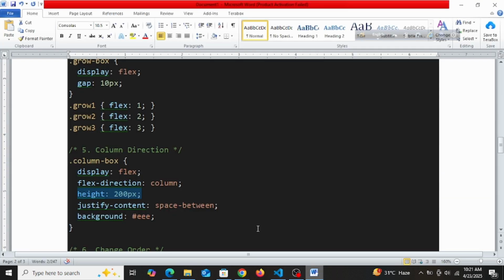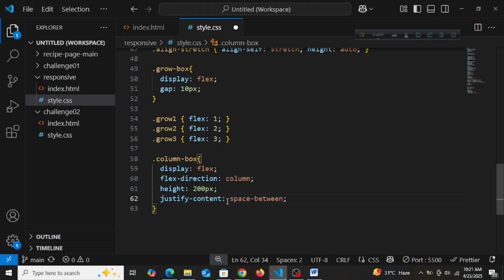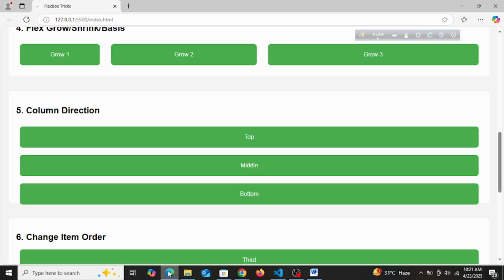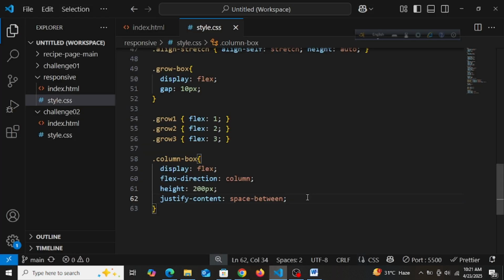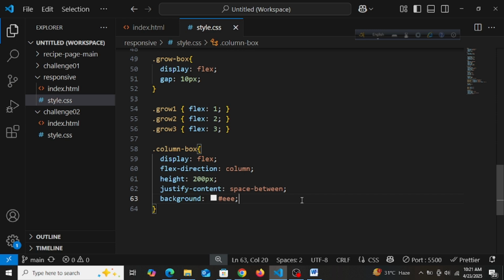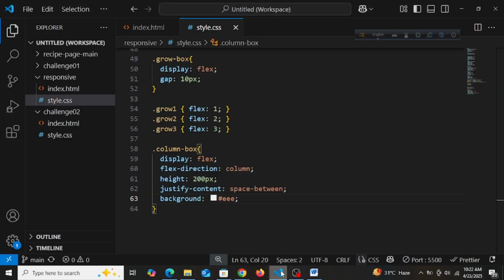And justify content space between. And background. So when we did the flex direction column, then